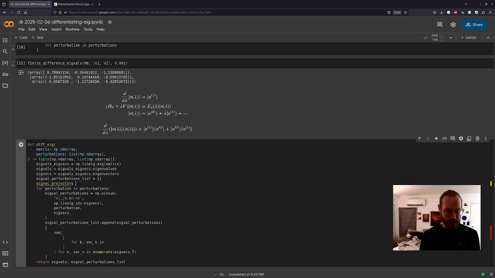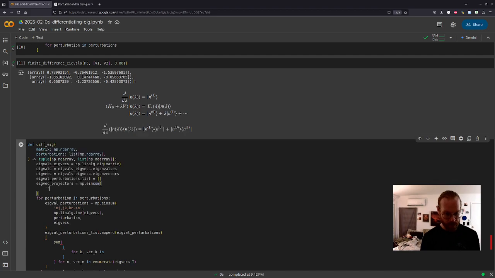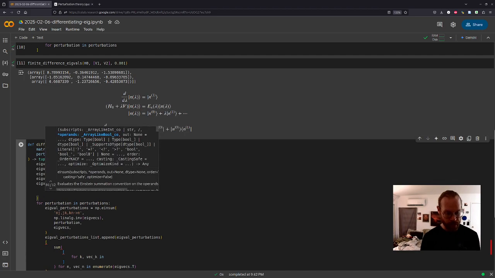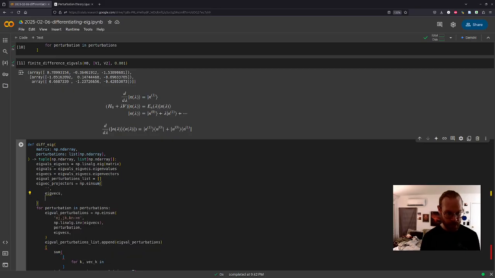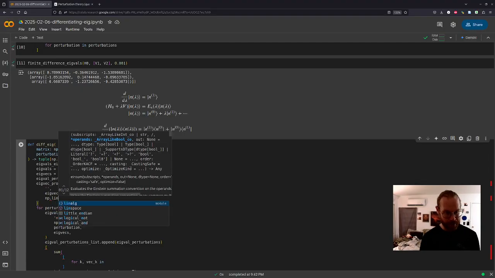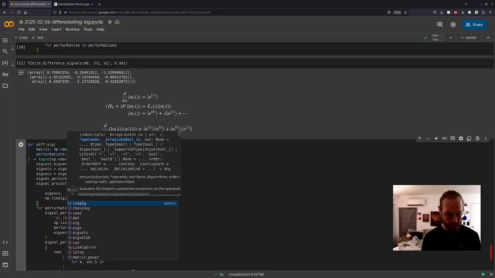So eigenvec projectors, we can use einsum to do this. We want to combine together the eigenvectors and the dual eigenvectors.